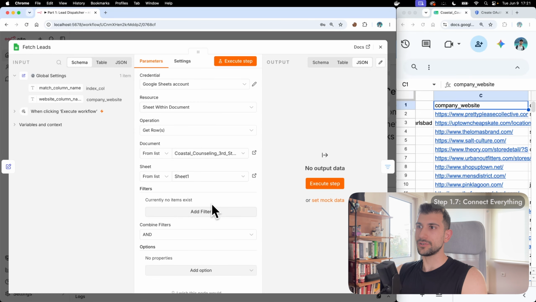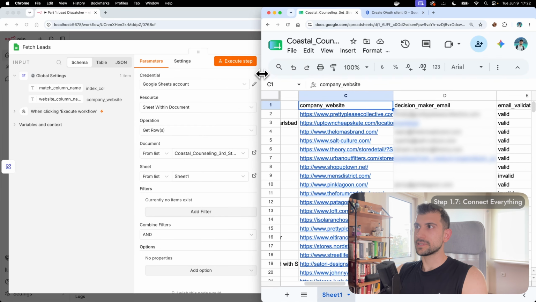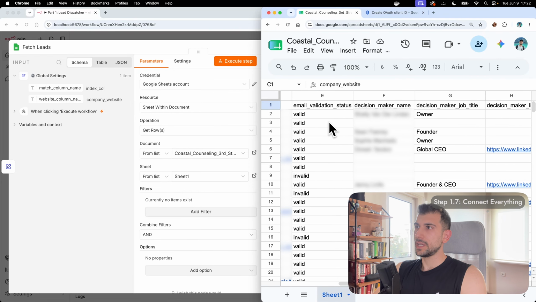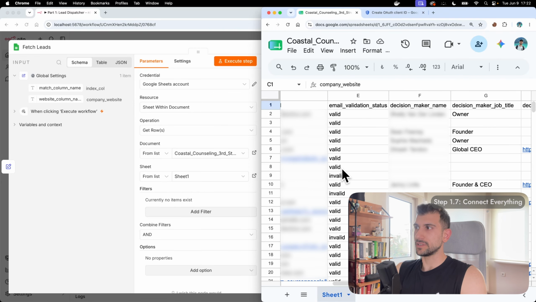From the filters here, you can optionally define conditions if you only want to process rows that meet specific requirements. For example, I exported this lead list from an email finder, which I use to find B2B emails. I don't want to include businesses that have an invalid status in the email validation status column it gave me, because these could put my inbox health at risk. To filter them out,